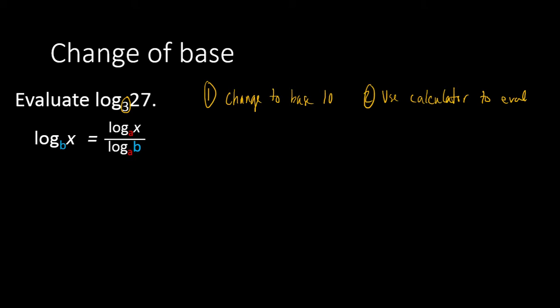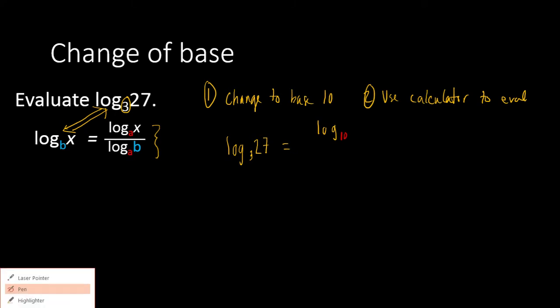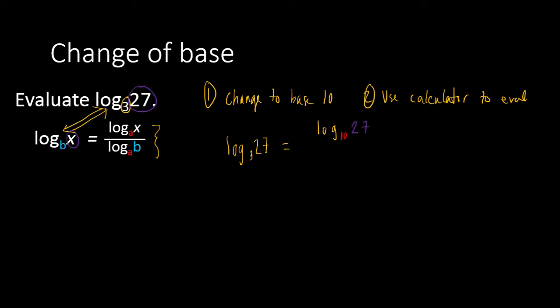So if I have log base 3 of 27, let's set this up. We're just going to do a mirror image, okay? Piece for piece, we're going to look at my log base 3 of 27, and I'm going to match it to this property. So in this case, I have log base 3 of 27, and it's equal to log base whatever. I'm trying to change to log base 10, so I'll write 10 of, in the example they have x. X in my case is the 27, right? So log base 10 of 27